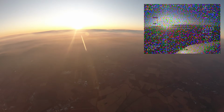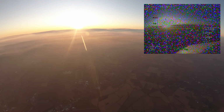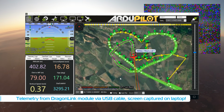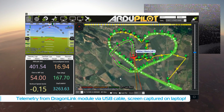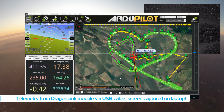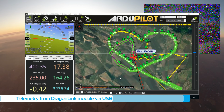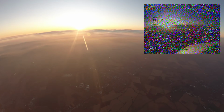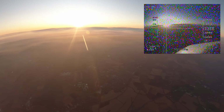What is important though is that I was able to get everything working, even the telemetry, so from now on it will be just a matter of optimizing the system, playing with some settings, and perhaps even getting some of those Wi-Fi modules to upgrade my TX module so I can do away with the USB cable and make things even more convenient. The DragonLink Advanced radio system is quite capable actually, and I am getting shivers if only thinking